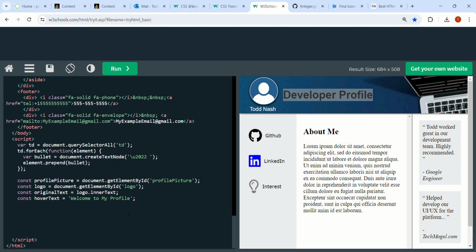We have our setup for grabbing the elements, and we have our new string here that we want to dynamically append to the header. So how do we do that? First, there's two steps. We need an event that captures the mouse over, or the hover over this profile picture. And then we also need an event that listens for what's called mouse out. In JavaScript we have two events, mouseover and mouseout, that we can utilize